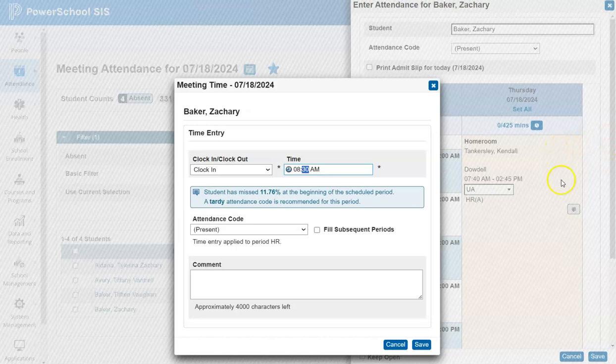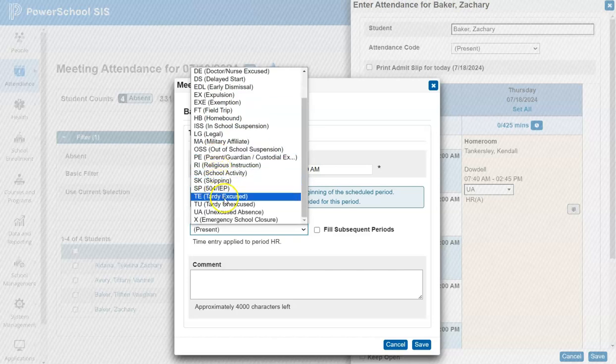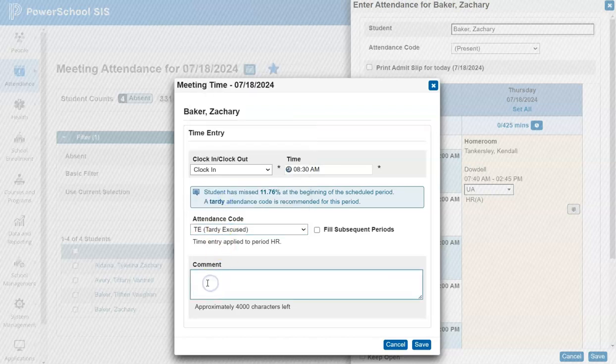Now remember, in this case, that scheduled period is just the one period for the day. So they are recommending a tardy code for this period. So that is what I'm going to use. I'm going to use a tardy excused or tardy unexcused. So let's say this student had an early dentist appointment and they brought in a doctor's note. I'm going to use the tardy excused and just put a note in here that it was a doctor's note,